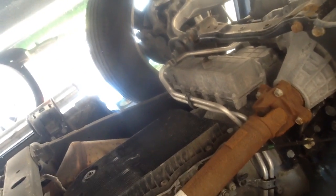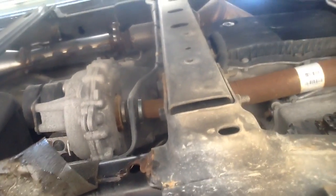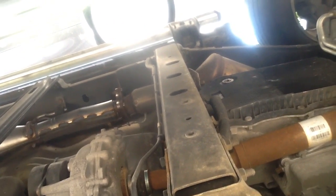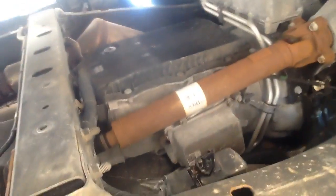So, thank you very much, and I will keep you EcoDiesel owners updated on what Chrysler's actually goes ahead and does with my truck, and if they're going to step up and fix it correctly, or if they're just going to cheap out and do the bare minimum and let me deal with the consequences and pay the bills down the road. I don't know about you, but I sure as hell don't want to pay to pull that transmission